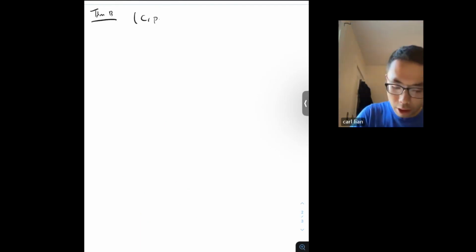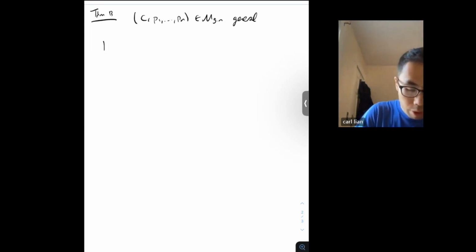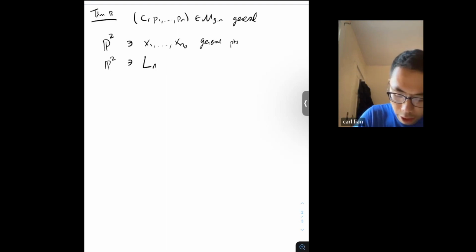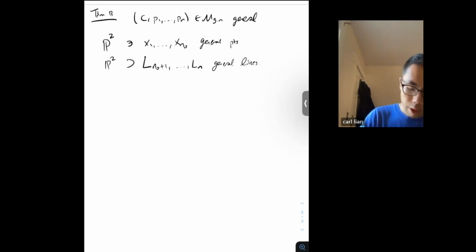So again, I'm going to fix a general curve, and let me now state this theorem in P^2. So I'm going to deal just with plane curves. So let me fix not just a bunch of points. So x_1 through x_{n_0} will be general points, but I'm also going to fix a collection of general lines, which I'll call L_{n_0+1} up to L_n. So I should use this symbol. General lines. Okay, and then I can ask for the number